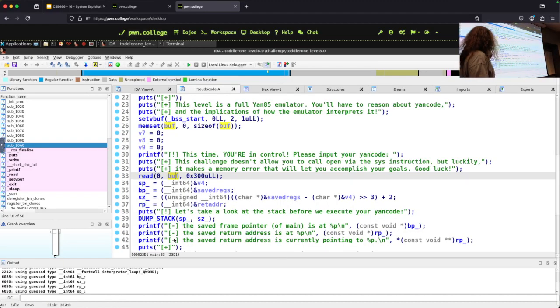Now, the other statement was, this is a Yan85 challenge. So do I need to overflow a Yan85 stack, or is this x86? I think people get a little confused thinking about this stuff, and it's why there was a question on Discord, like, how do I break out of the VM?